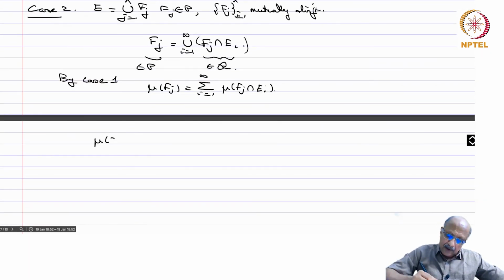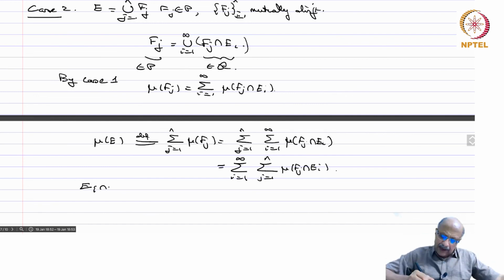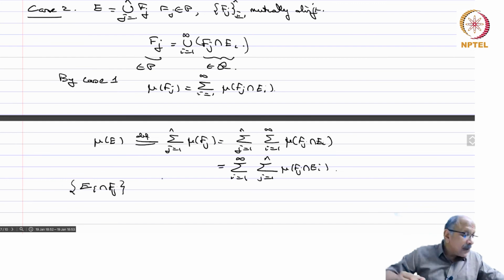So mu of E, by definition, is the sum over j equals 1 to n of mu of F_j, which equals the sum over j equals 1 to n of the sum over i equals 1 to infinity of mu of F_j intersection E_i. And now this is a finite sum, this is an infinite sum, everything is non-negative, no problems. So the sum over i equals 1 to infinity of the sum over j equals 1 to n of mu of F_j intersection E_i. The sets E_i intersection F_j, j equals 1 to n, form a finite disjoint